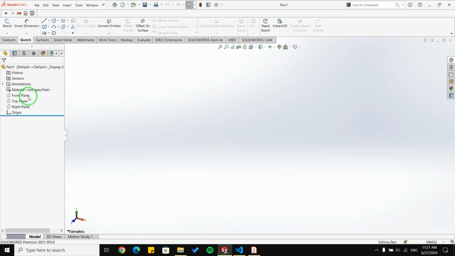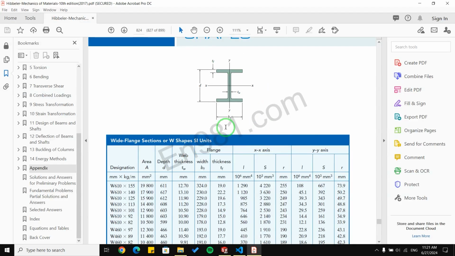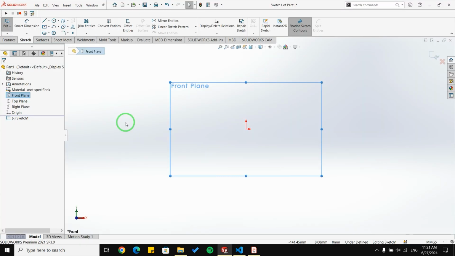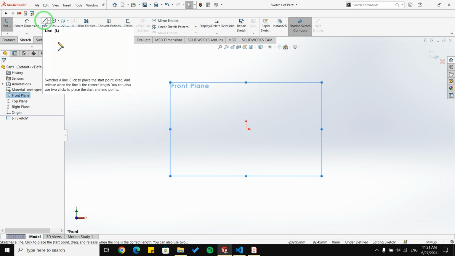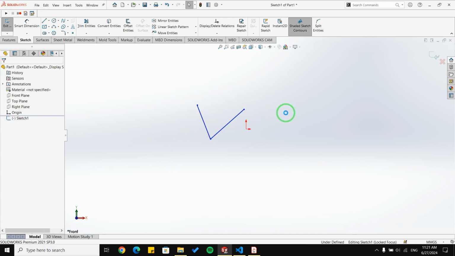Okay, let's start. For the first step, I'm going to sketch this beam here in SolidWorks manually, because personally I believe we use macro or Python scripting mostly to edit parts or edit a sketch in SolidWorks. We are not going to create a new sketch or new part using scripting, because it's too hard and it's likely to make mistakes there. So personally, I like to use Python scripting to just edit sketches or parts in SolidWorks. Okay, let me sketch this beam in SolidWorks first.